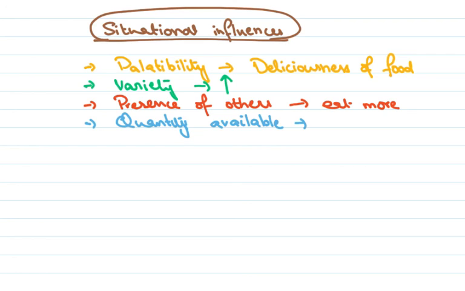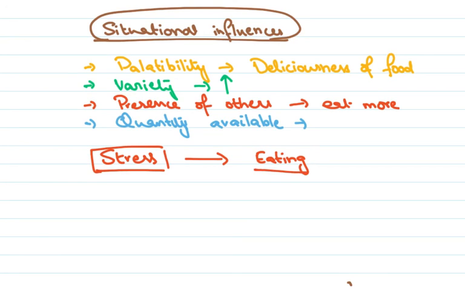Then obviously you have other factors such as the role of stress. The role of stress is also extremely important. One of the things that you find is that in certain people, if there's higher stress, they tend to eat a lot more. In certain others, if there's greater stress, they tend to eat less. So there are individual differences with regard to stress as well. But it definitely does play a role in how much we eat. In our eating behavior, stress seems to play a very major part, right?